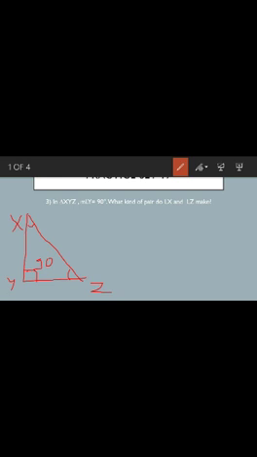Now we all know that the measurement of the three angles of a triangle is 180 degrees. That is, measurement of X plus measurement of Y plus measurement of Z is equal to 180 degrees. Means students, if the measurement of Y is 90 degrees, both the angles should be what? They are complementary angles, which means their sum should be 90 degrees.